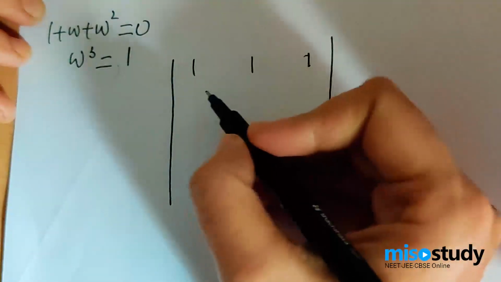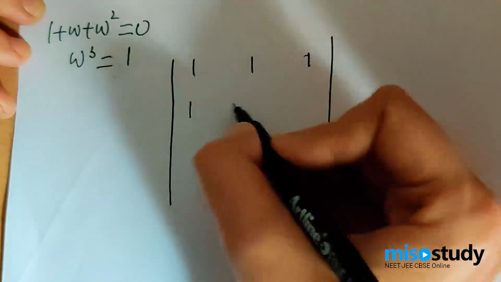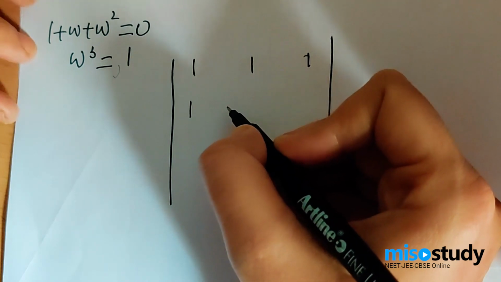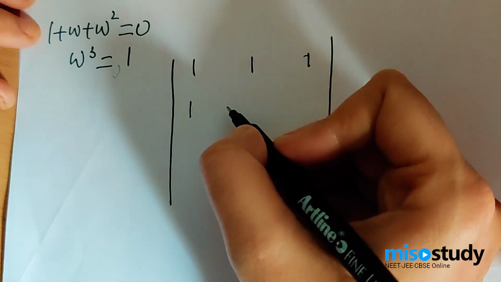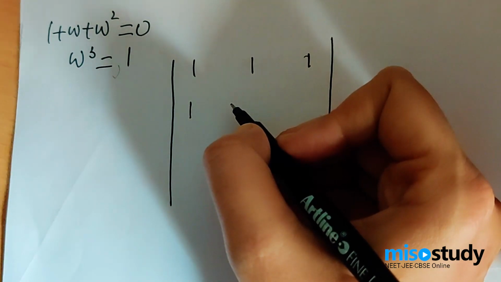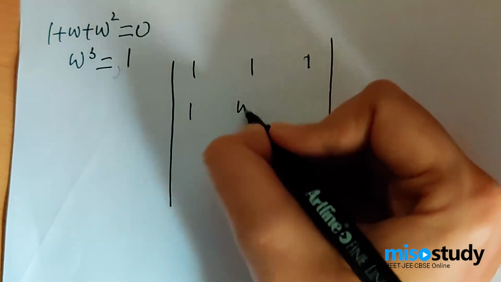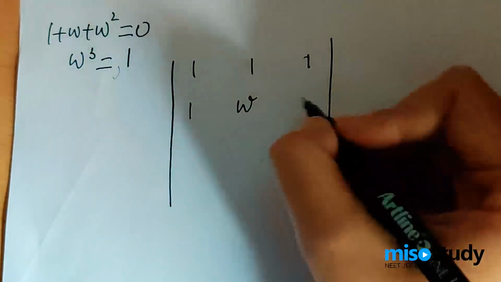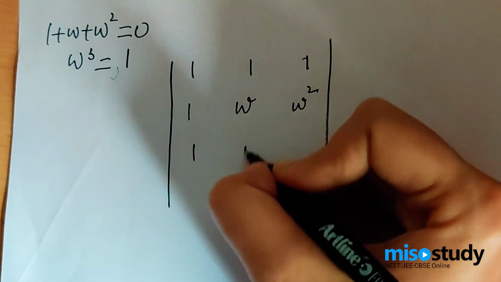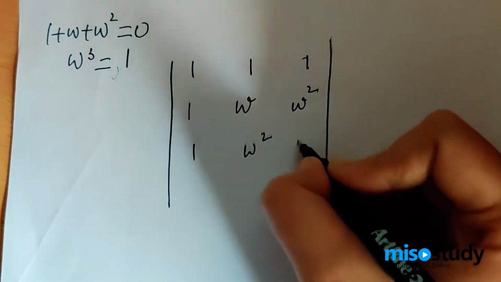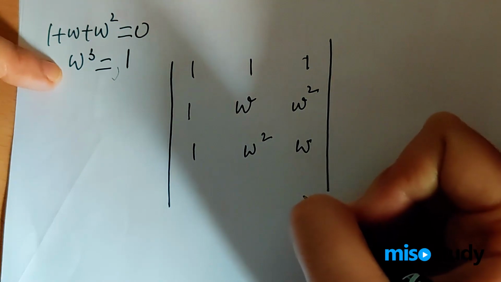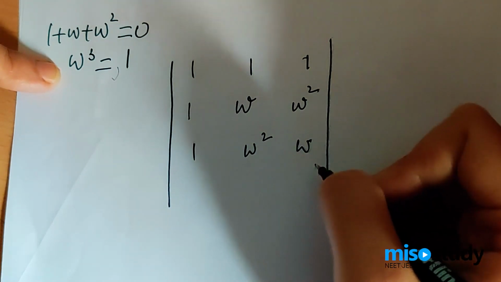Now, what is my determinant? Over here I have 1. Over here I have minus omega square minus 1. Now, since 1 plus omega plus omega square is equal to 0, minus omega square minus 1 means you take this to the other side, which gives me the value omega. Similarly, this will remain as such. Then you have 1, then you have omega square, and omega 7 can be written as omega by using this, because omega cube is 1, so omega 6 is 1, and you are left with omega.